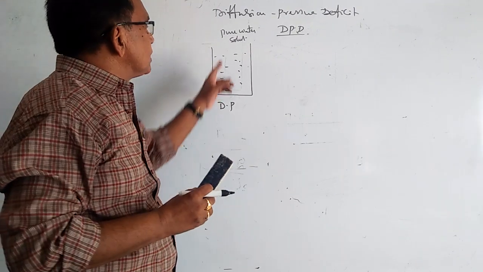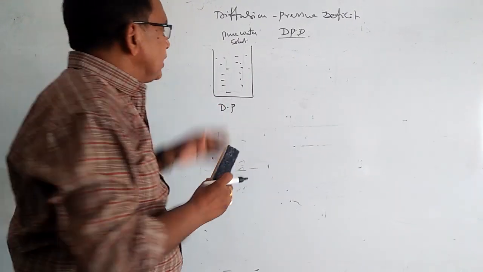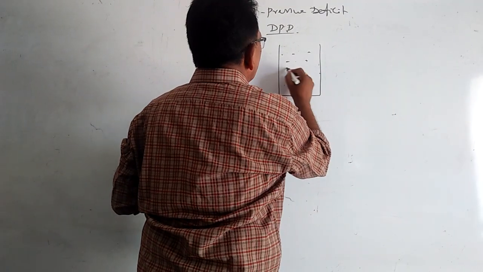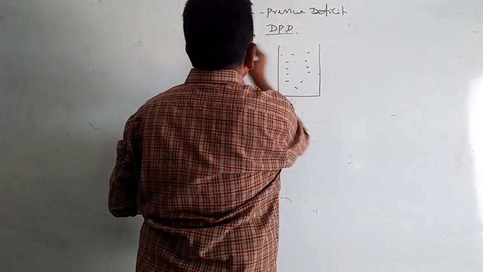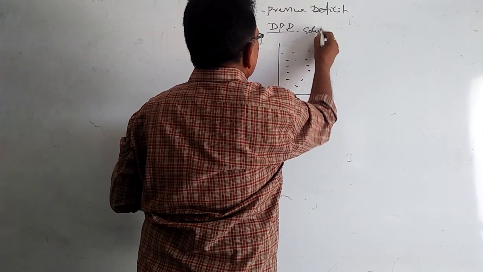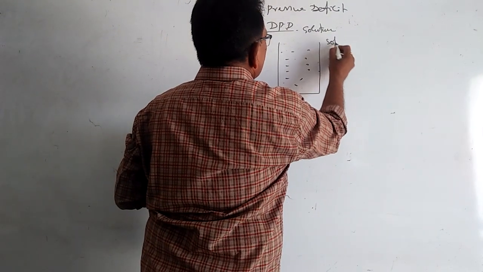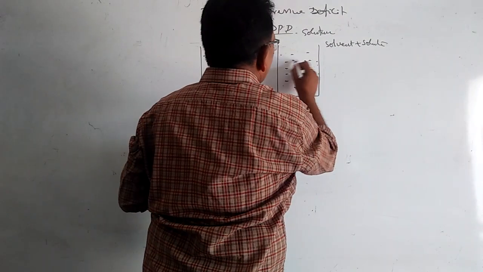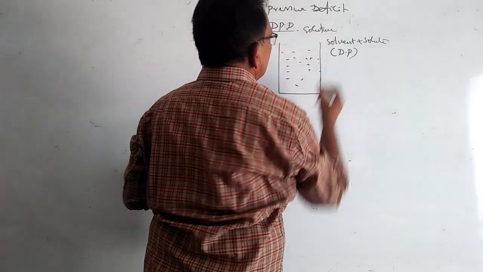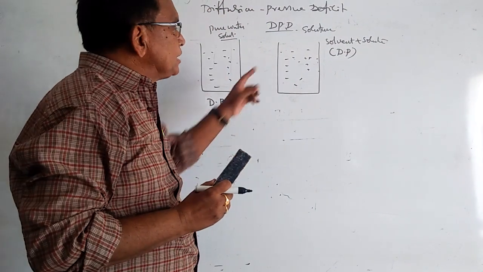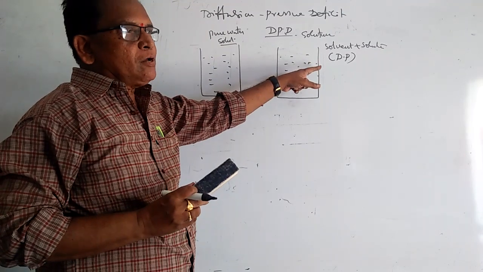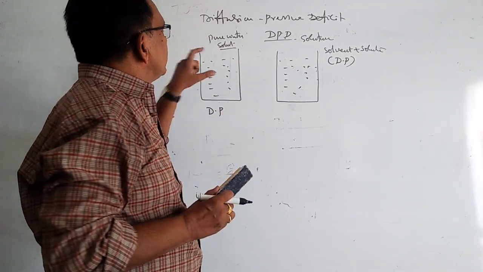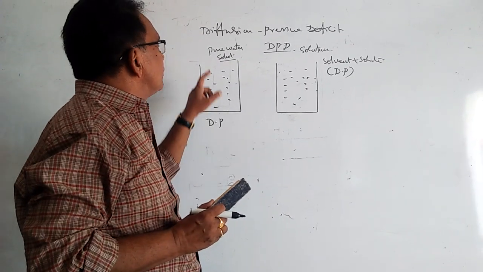That is one aspect, and the second aspect is a solution. In the solution, there is a solvent plus solute. So the solvent in the solution also has diffusion pressure. The difference between the diffusion pressure of the solvent part in a solution and the diffusion pressure of pure water or pure solvent